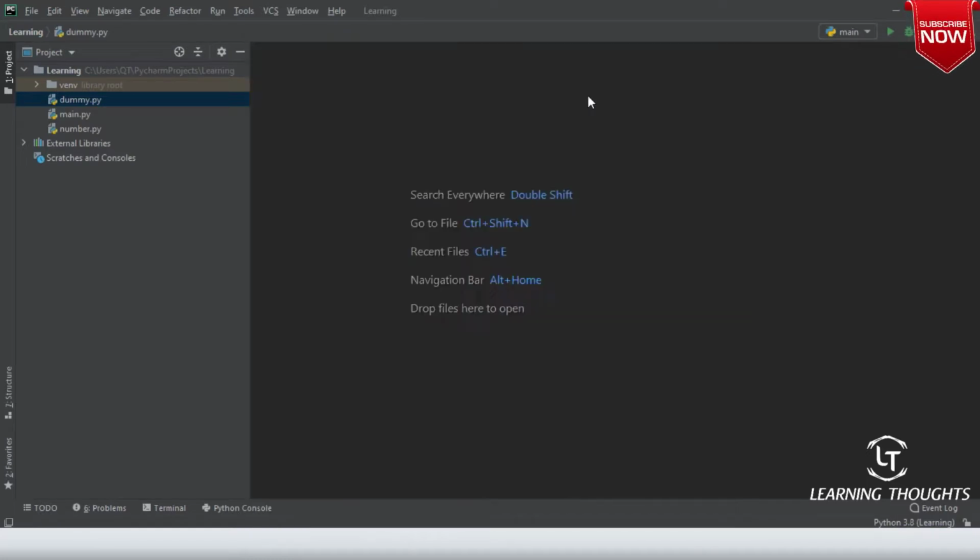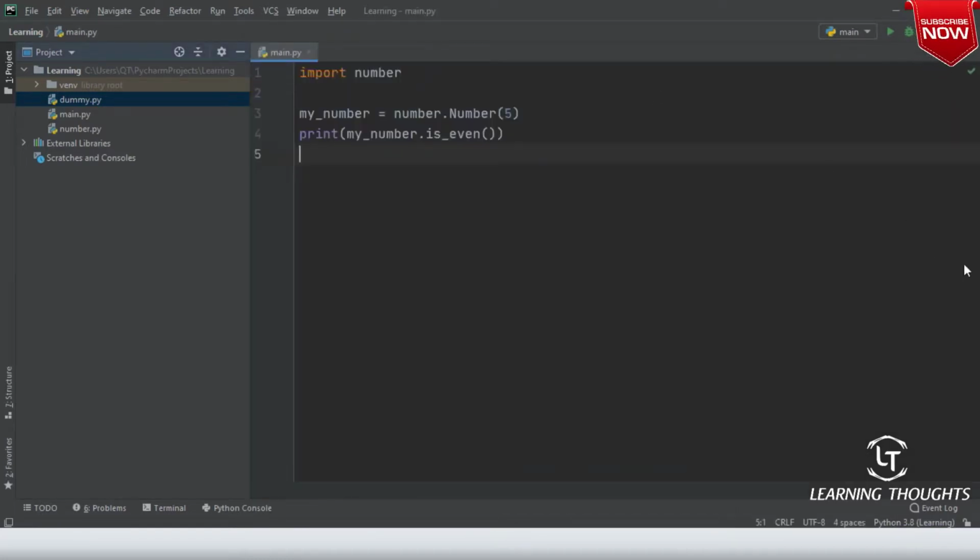Are you seeing? It is already showing main.py. So navigating is one of the important features of this, and it helps you find this stuff very easily. Am I clear on this, sir?